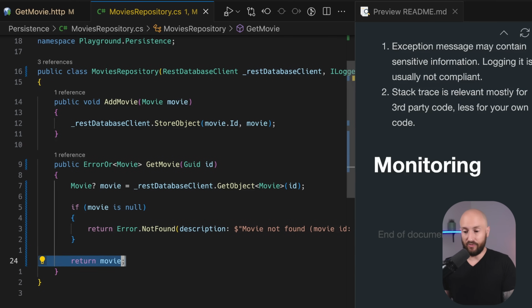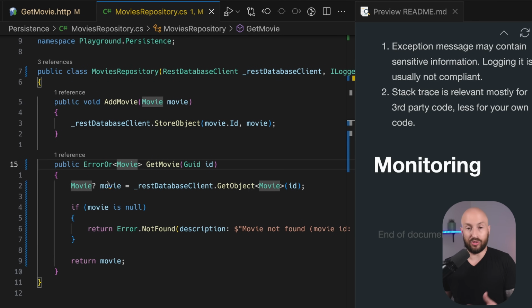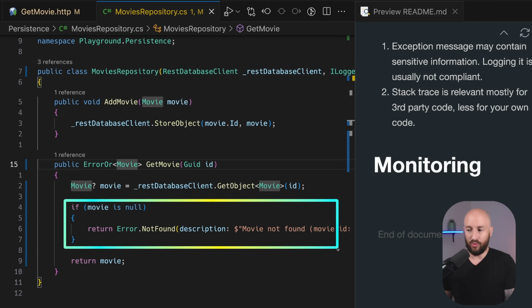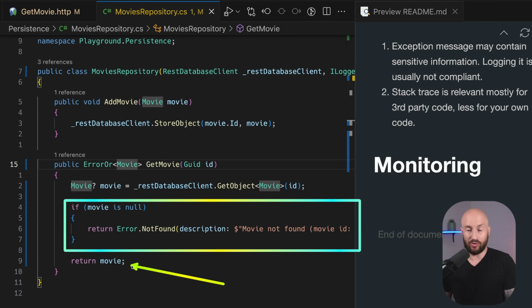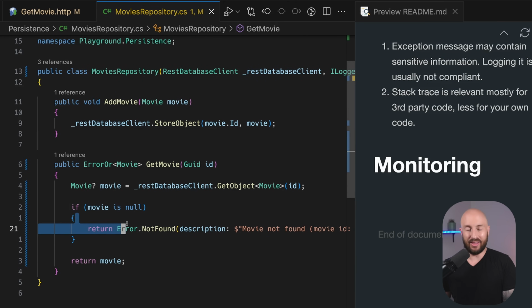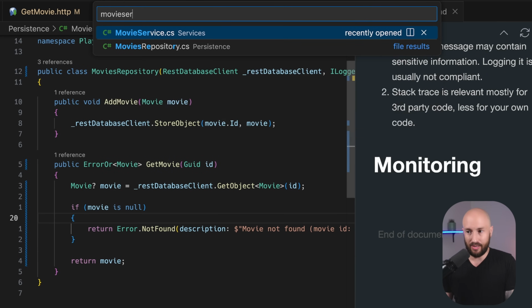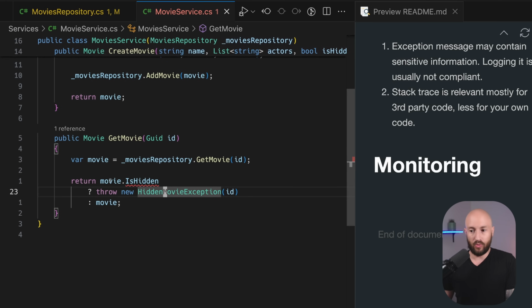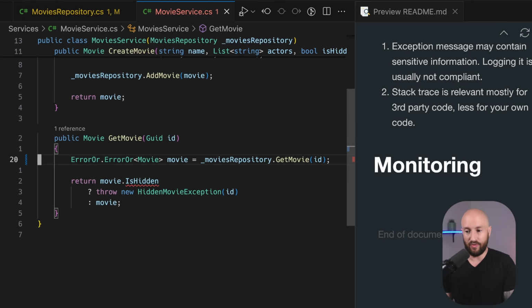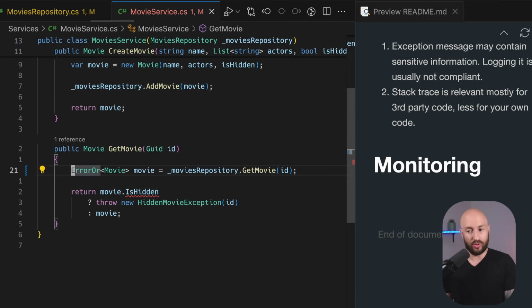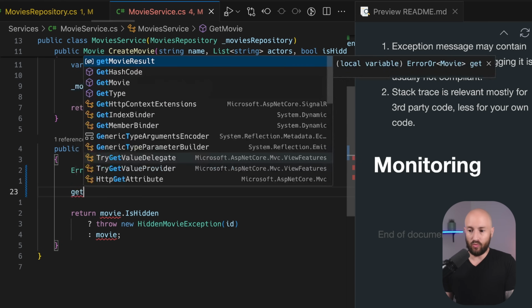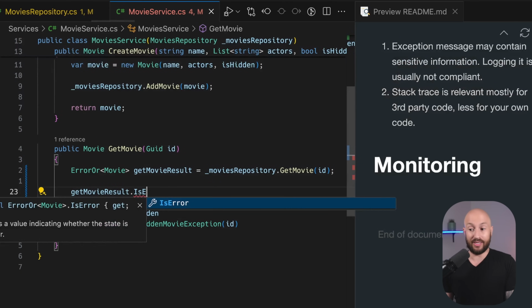Same thing like before. Now, you're probably looking at this and thinking to yourself, this component is simple, so all we need to do is go ahead and return the error or the movie. But in the component calling this component, it's not so simple, because over here in the movie service, we can't simply go ahead and access the isHidden property because this is no longer the movie, but it's an error or the movie, which means that over here we have the get movie result, and we need to go ahead and check if this is an error first.